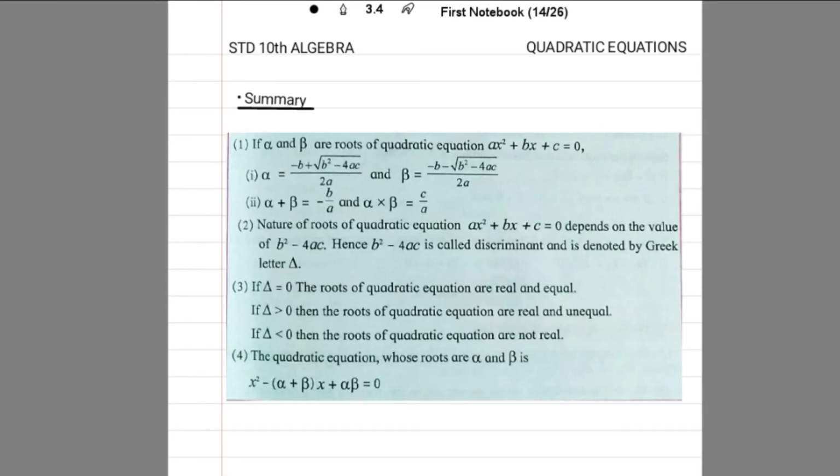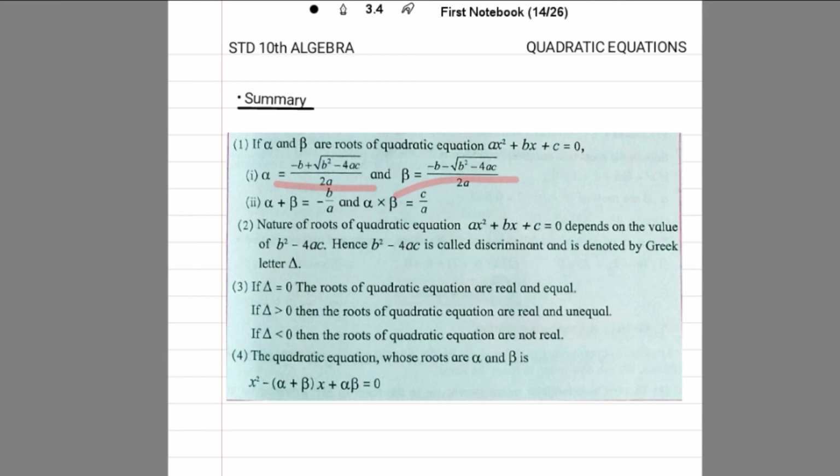First thing which we learned is the formula for finding the roots of the quadratic equation. From that we got that alpha is equal to -b plus root of b square minus 4ac upon 2a, and beta is equal to -b minus root of b square minus 4ac upon 2a. This is the formula which we have to remember throughout our education, because it is generally used many times, and the derivation for this is given in your textbook. So if you want, you can see it in your textbooks, and I have also given you the hint for that, right? So you will get to know easily.